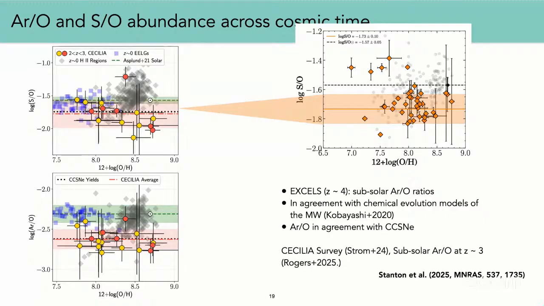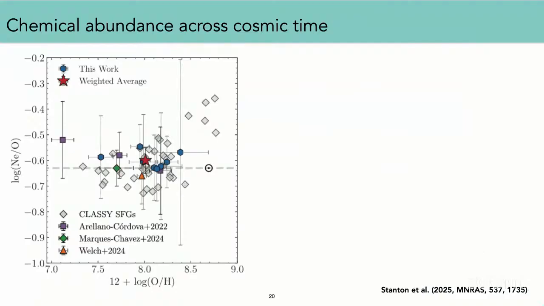Okay, so this is the part on sulfur and argon, and finally with neon, you see that neon comes basically from massive stars. So it is very well constrained. There is dispersion, but it is very well constrained. In the local universe and at high redshift, we don't have any bias from other enrichment. This is one of the first measurements of this galaxy that I showed before, the 8.4. And basically, the errors and the uncertainties are very consistent with the local universe.